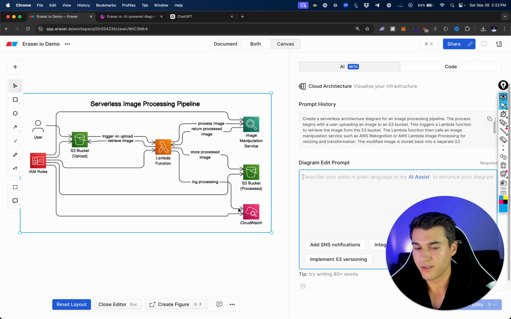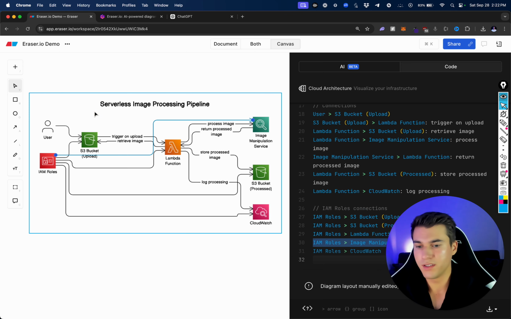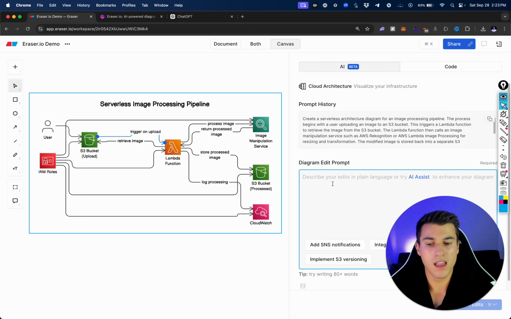Now, this is great, all right? However, where you can run into an issue here is the connections. If you're not specific in the connections, this could mess up the whole diagram. But what's good about it is that you can kind of fix it yourself. So if you click on these arrows, you can move them around, you can place them if they're not in the right spots, you can rename certain things. You can even do it from code if you want to,